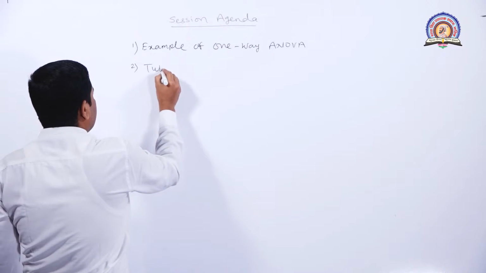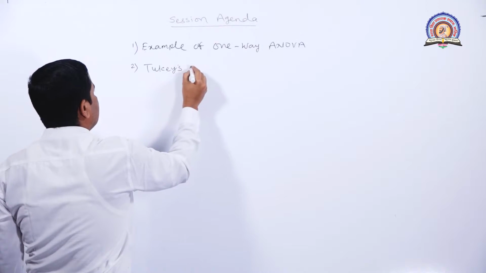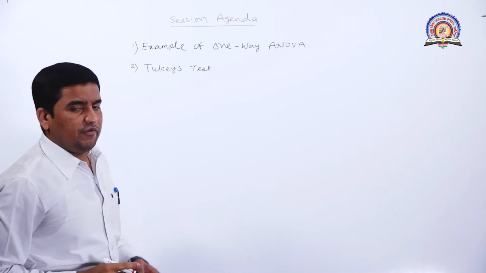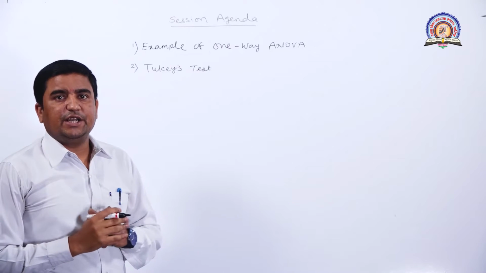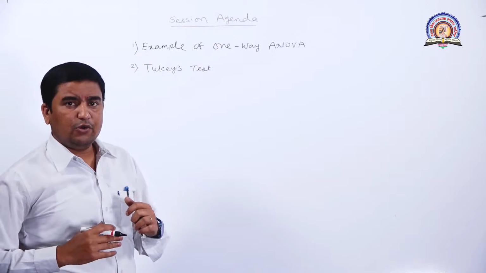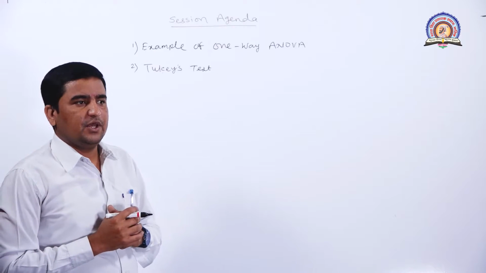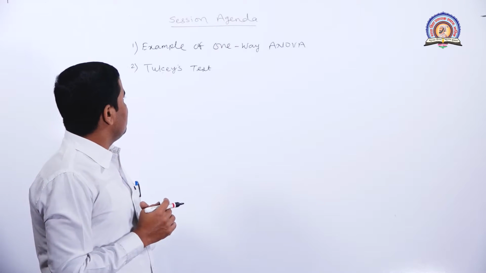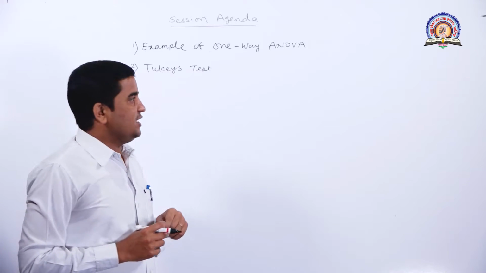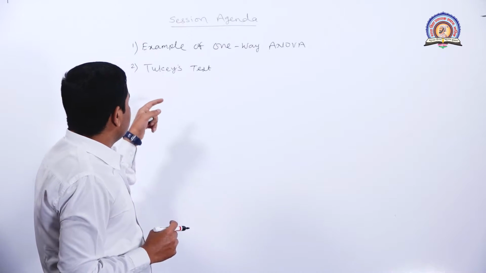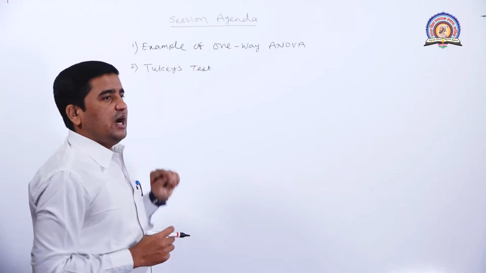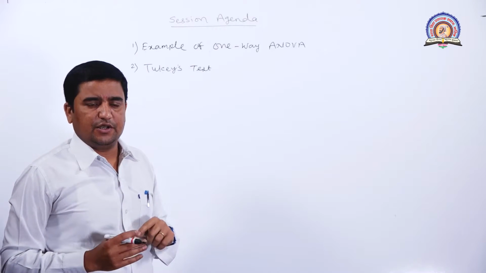Tukey's test. Tukey's test is used for pairwise comparison. If H0 is rejected in one-way ANOVA, then we have to go for pairwise comparison, and for pairwise comparison, Tukey's test is used. So in this session, we are going to see an example of Tukey's test, and how to use